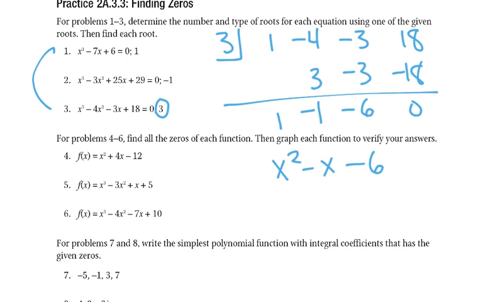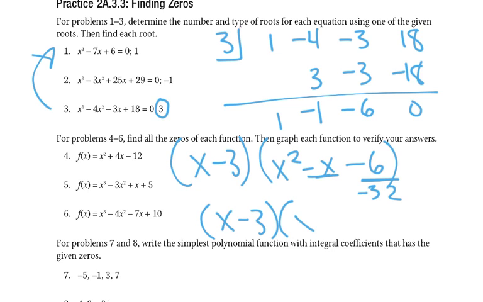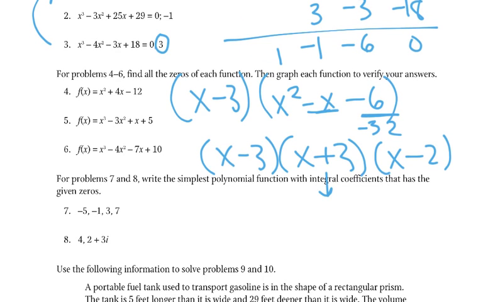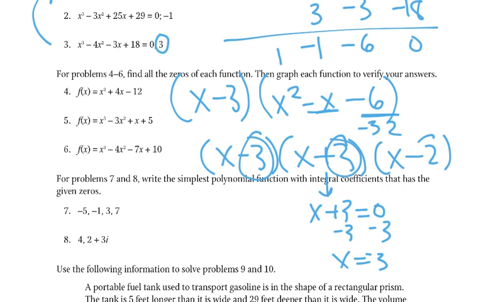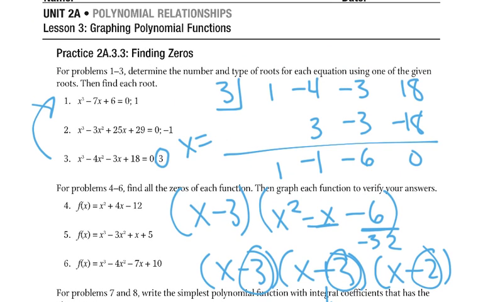So this one was just kind of like number 1, wasn't it? Except we have x minus 3. So factoring that, a negative 6, but a negative 1 would be negative 3, positive 2. So x minus 3, x plus 3, and x minus 2. Then if you set them all equal to 0 separately, you just end up getting the opposites, right? So we have positive 3, negative 3, and positive 2. So negative 3, 2, and 3 for our zeros, our x-intercepts, which are